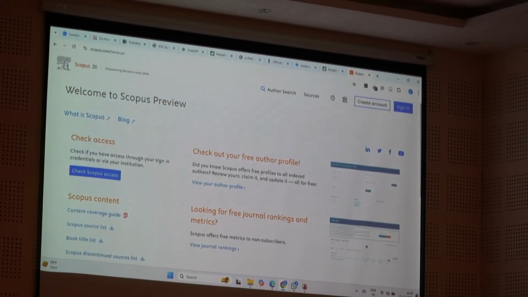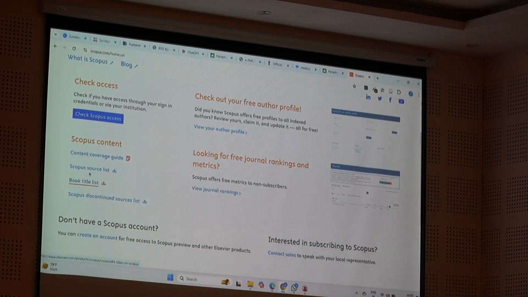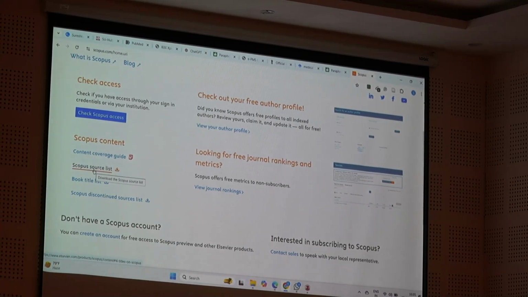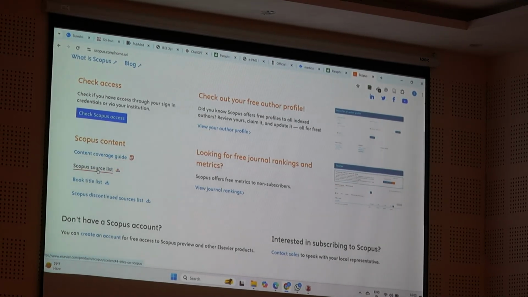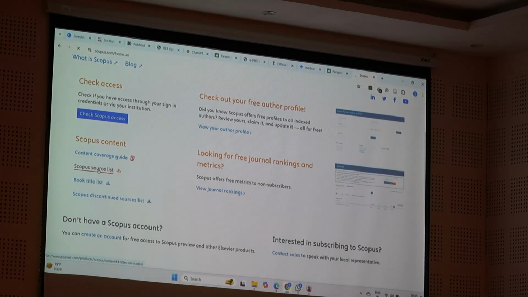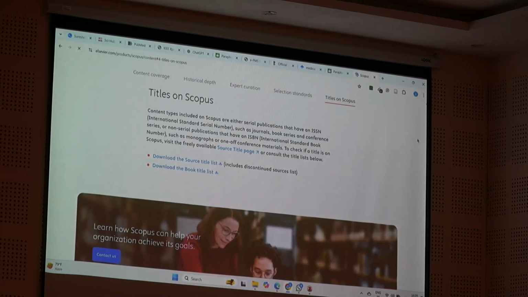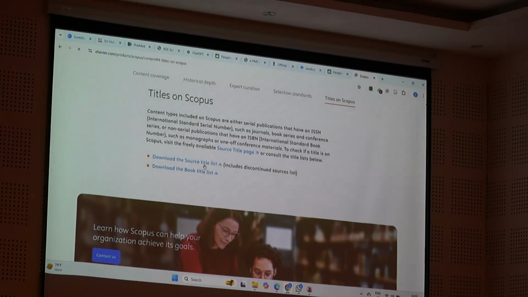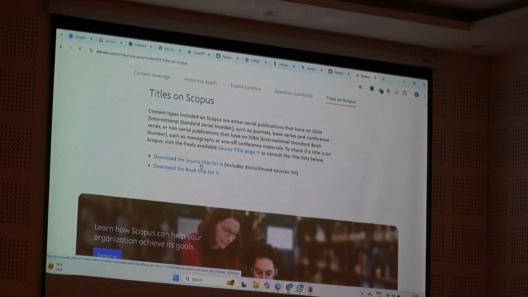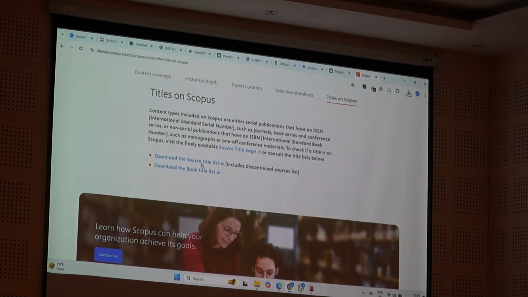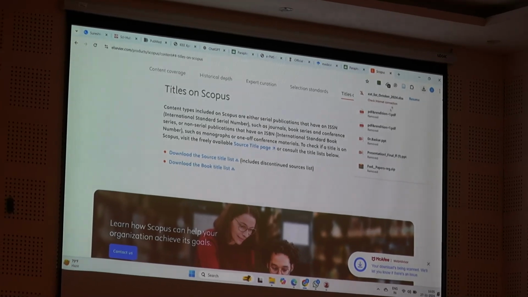Login, you can scroll down. Sir, you will be opening the Scopus source list. You go to the Scopus source list. You can download the source list here. Once you download it, it will be downloaded in terms of